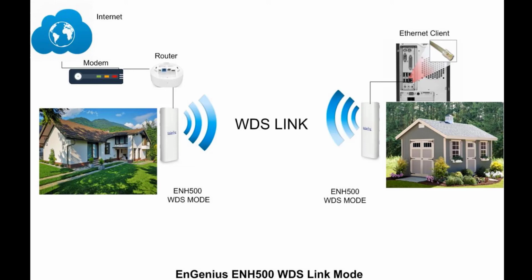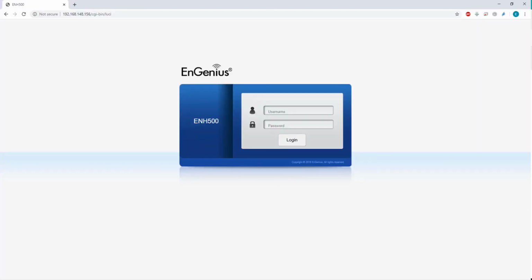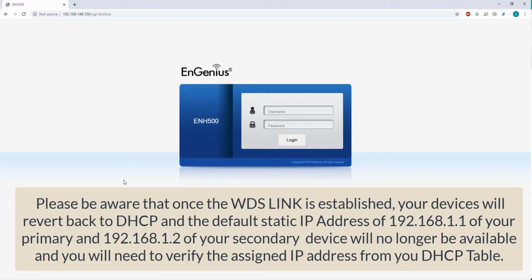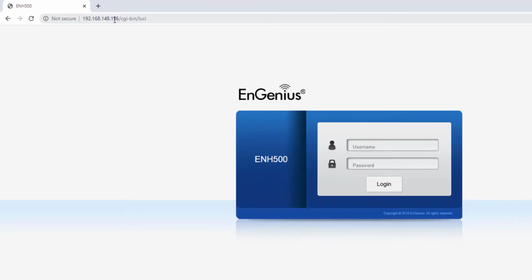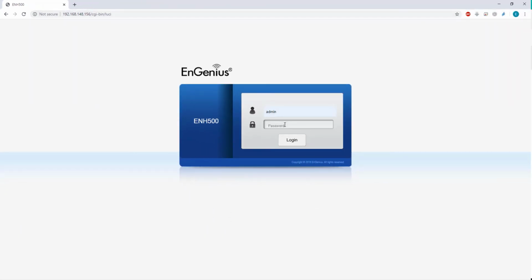Remember that both devices need to have clean line of sight for better performance. Once you have completed the installation, you can check the link quality of your WDS bridge. Please be aware that once the WDS link is established, your devices will revert back to DHCP, and the default static IP address of 192.168.1.1 of your primary and the 192.168.1.2 of your secondary device will no longer be available, and you will need to verify the assigned IP address from your DHCP table. Enter the username, password,